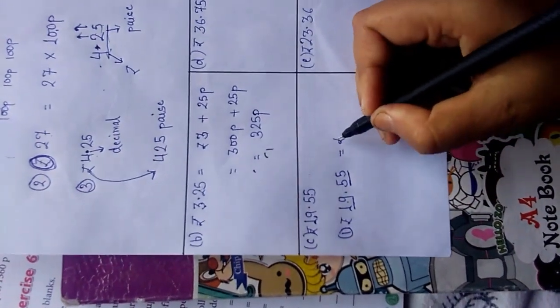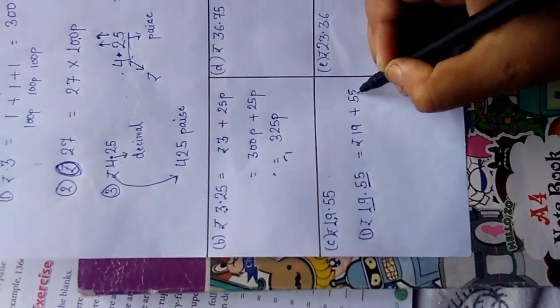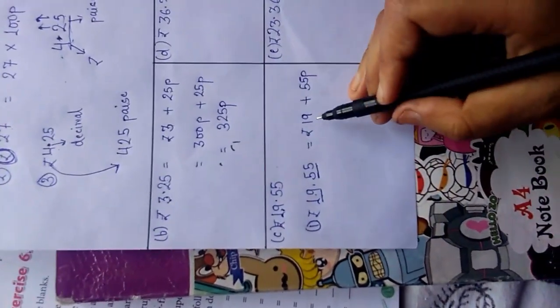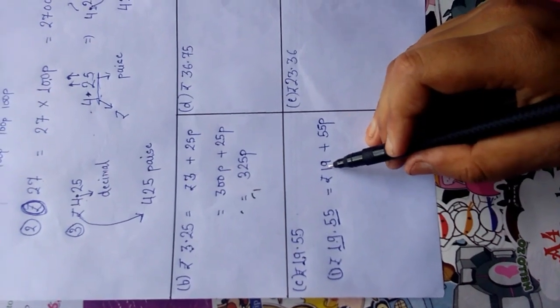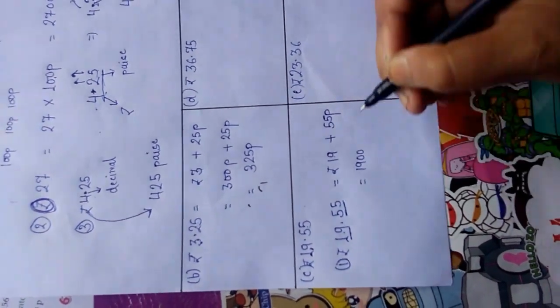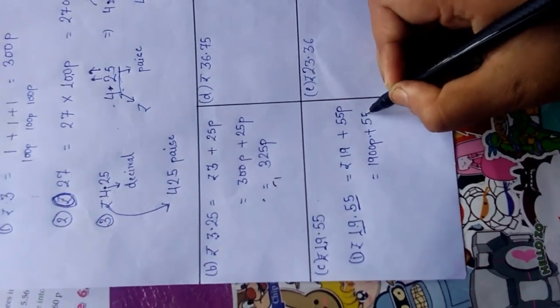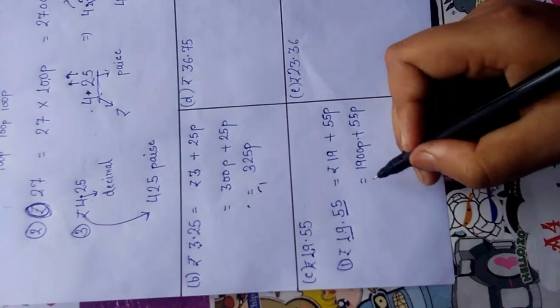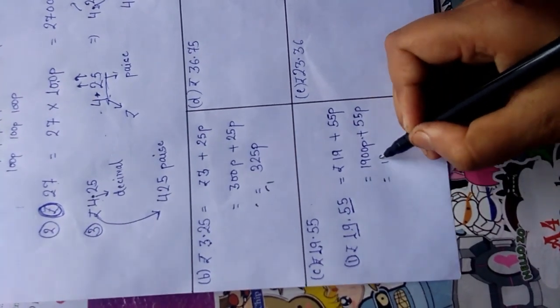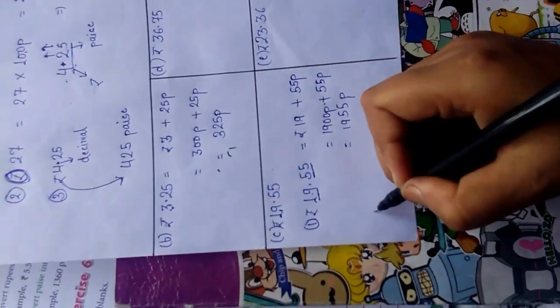We can write this as 19 rupees and plus 55 paise. And dear students, in 19 rupees there are 1900 paise, plus 55 paise, then there will be 1955 paise. And the second method,